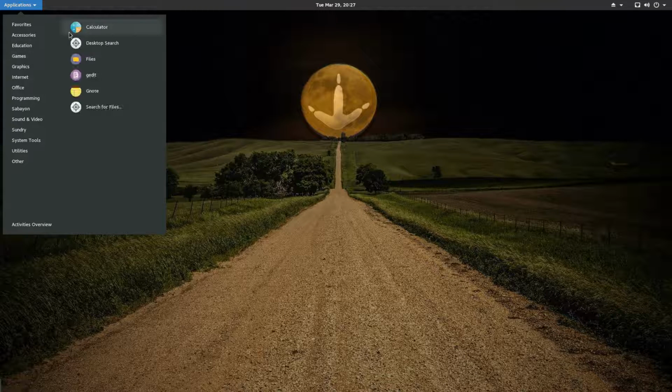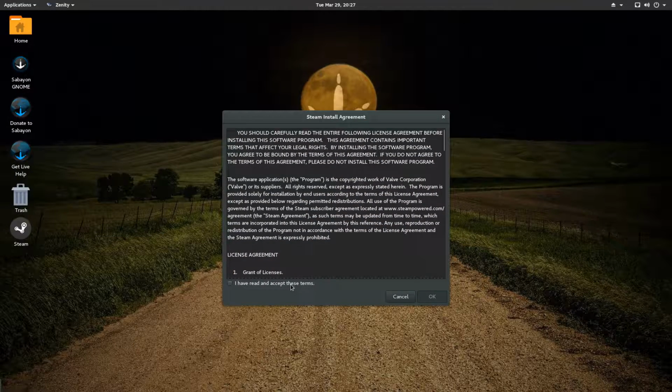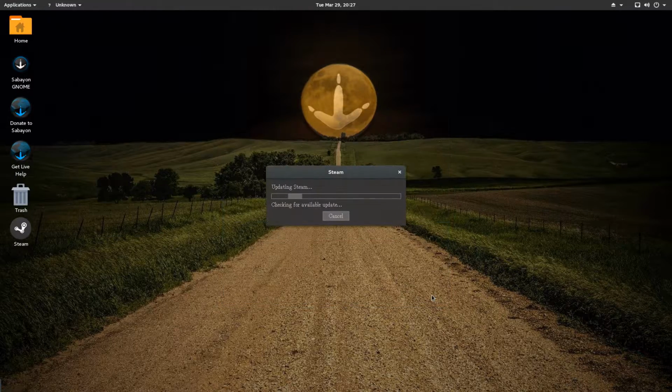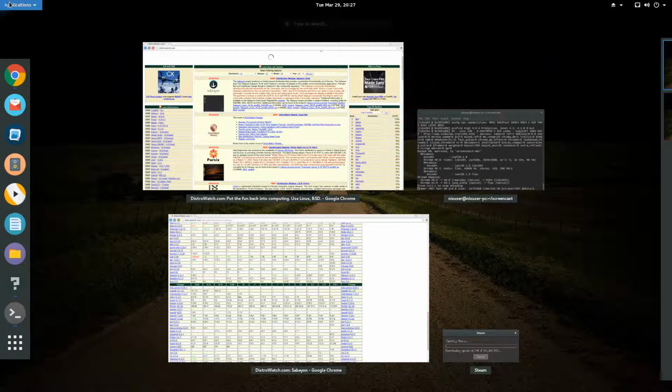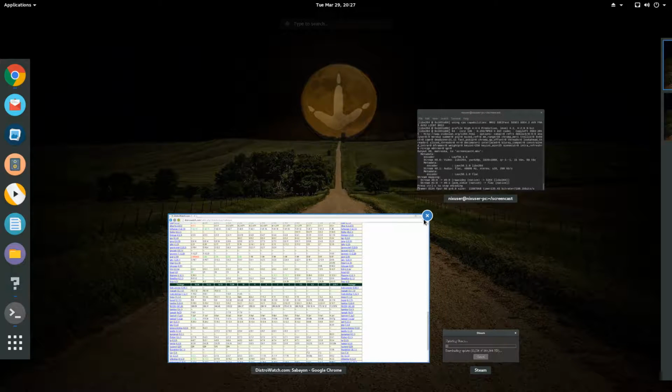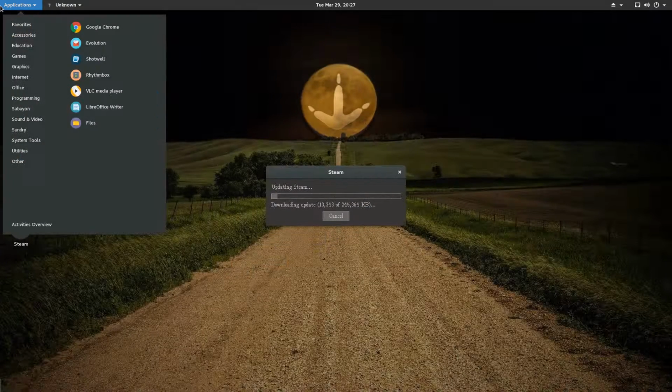Moving right along, we've got Steam. Now last time I had issues running Steam, let's try it now. So just let Steam install there while I'm doing the biz. Close that. We don't need that at the moment. So yeah,